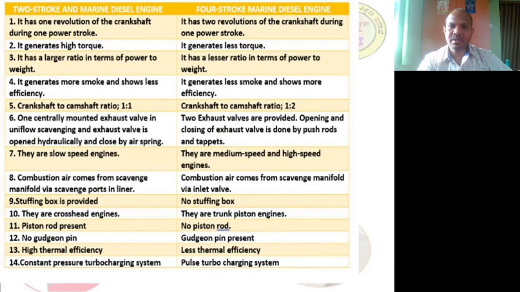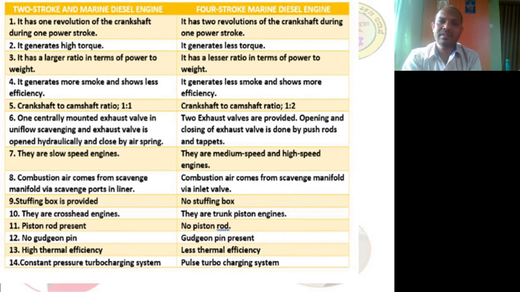Now we have got the other differences. It is nothing but 2-stroke marine diesel engines, or 4-stroke marine diesel engines. In general, you can take it as 2-stroke and 4-stroke engines. Now the first and foremost point is, the 2-stroke engine makes one complete revolution of the crankshaft during